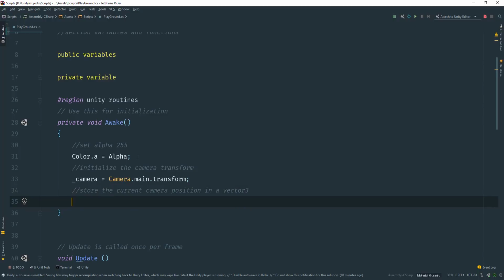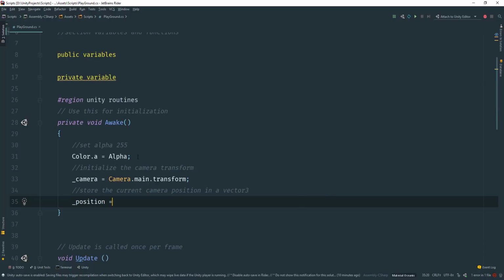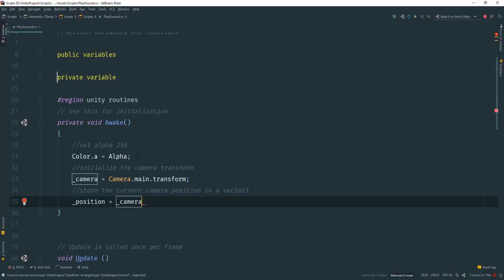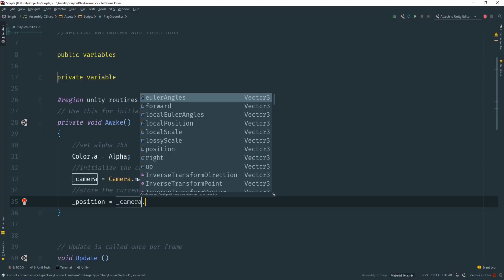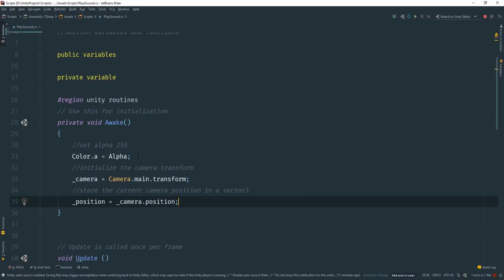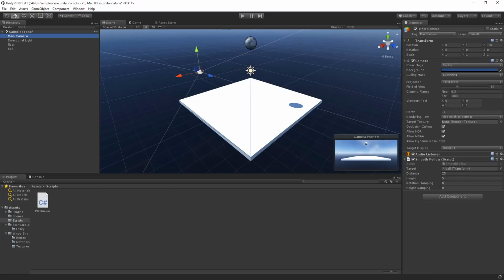All right, so I'm going to say underscore position equal to underscore camera dot position, because we already have the transform. So remember that when we go to the camera, once we have this transform here, this entire thing is a transform, we can just access the position. Alright guys, this will be it for this tutorial,